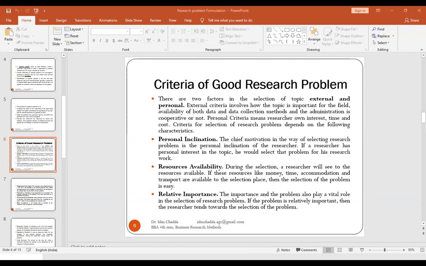The next is relative importance. The importance of the problem also plays a vital role in selection of a research problem. If the problem is relatively important, then the researcher tends towards selecting it. The problem must be important. It must fit today's circumstances. Like if you want to study something related to COVID-19, you have to study it today. For example, you want to see whether the doses of vaccination of COVID-19 are literally beneficial for the